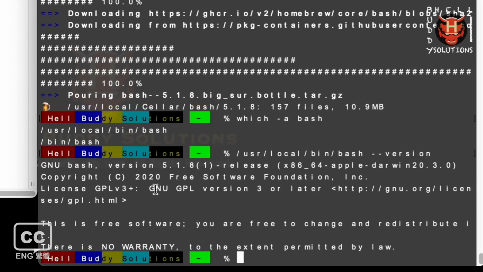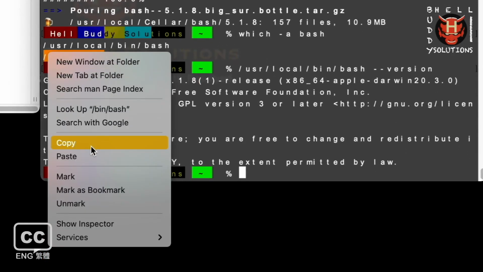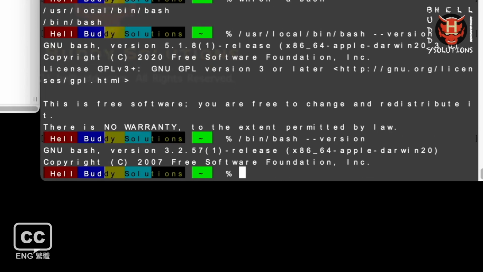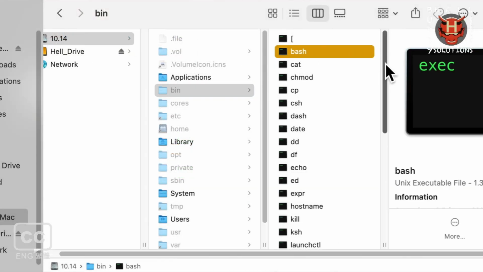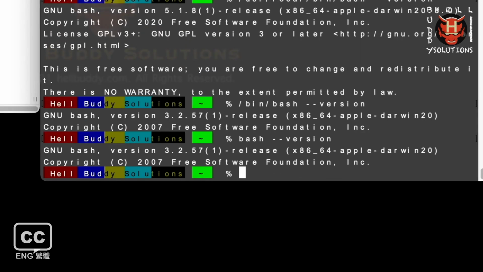That shows the latest bash version 5.1.8. Copy the second path, paste to another new line, same with a space, two dashes, version, hit enter. That's the older bash version 3.2.57 for Mac Unix. When you do a quick bash version check, type bash space two dashes version, hit enter. If it shows it's still connected to an older version of bash, you need to change the newest bash version to the default bash shell.